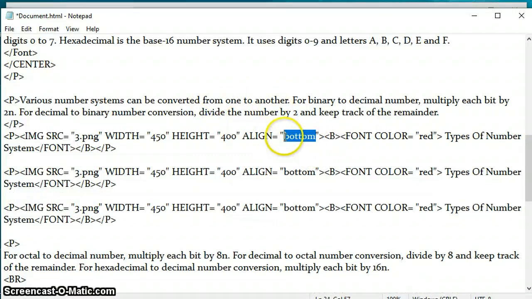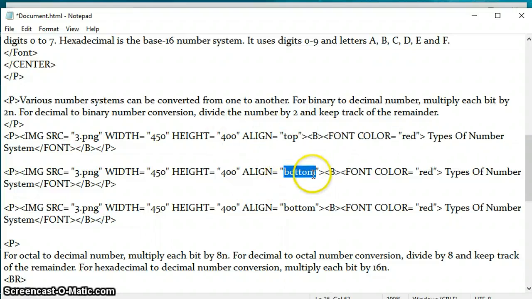So the first one I am making top, the second one bottom, and the third middle.